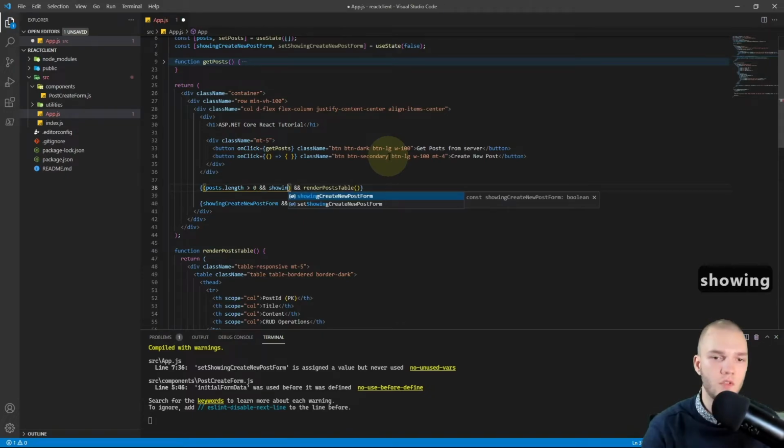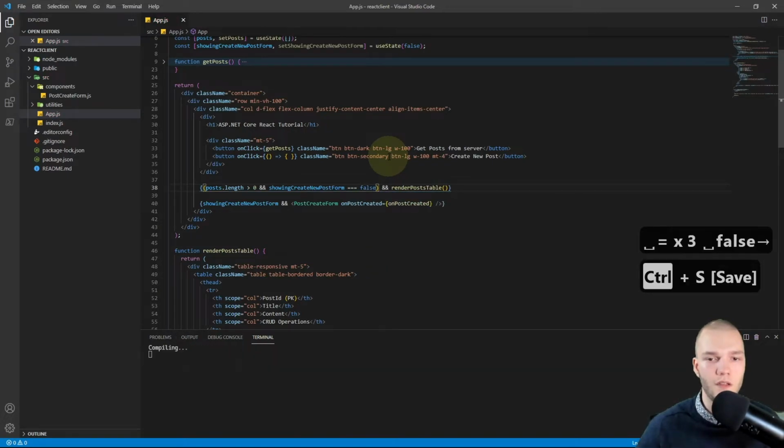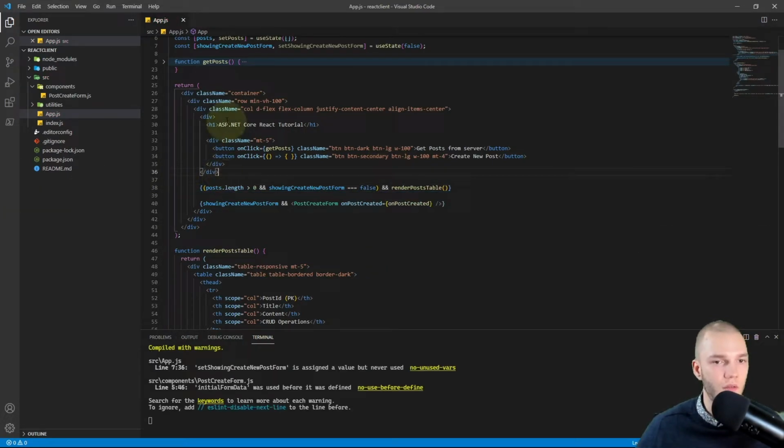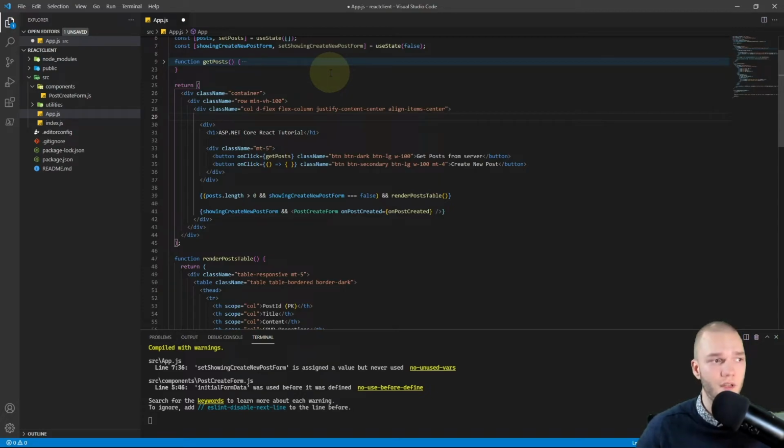So I'll do and showingCreateNewPostForm equals false. And let's also hide this first div with the title and the buttons when the form is showing. So I'll also wrap that in a JavaScript logical AND operator so that it only shows when the showingCreateNewPostForm boolean is false.